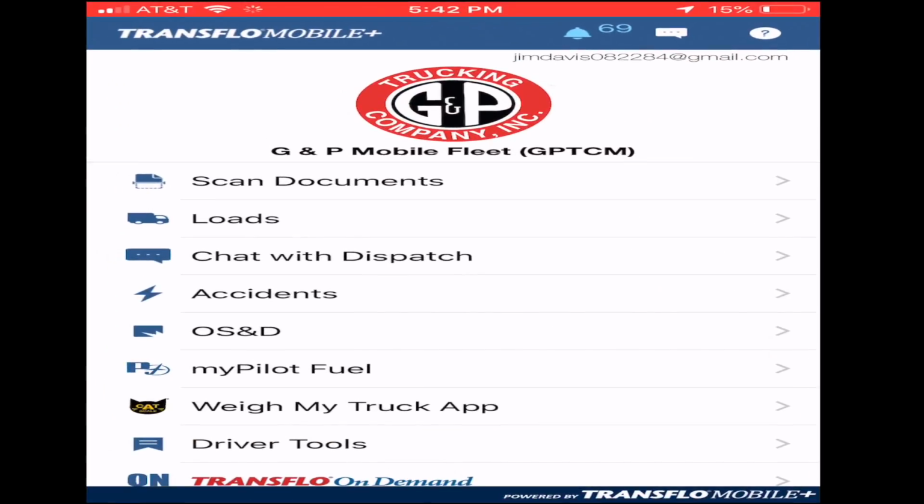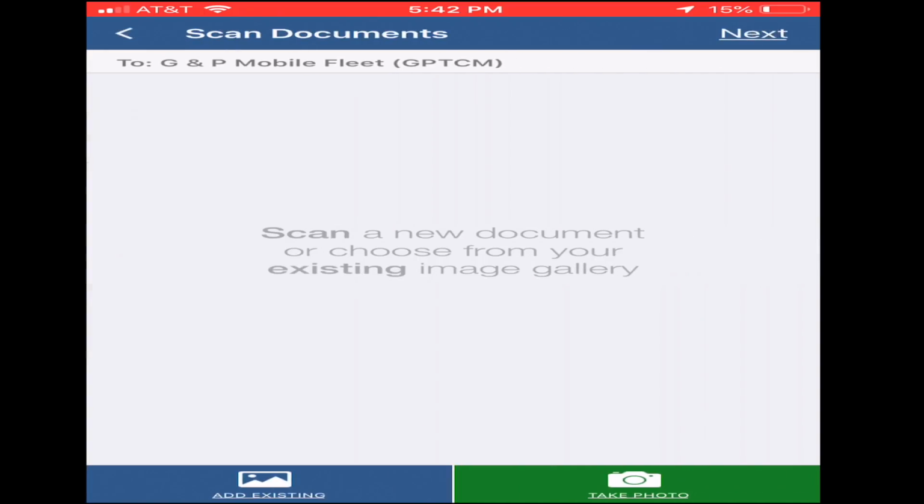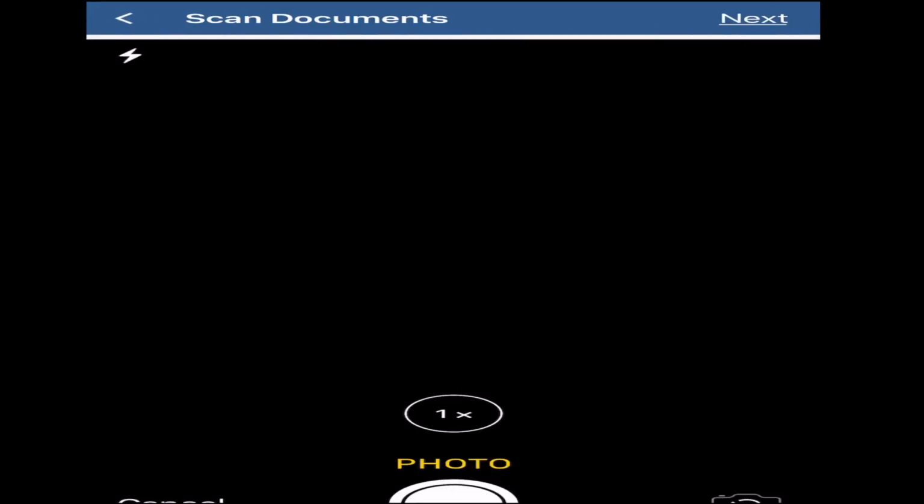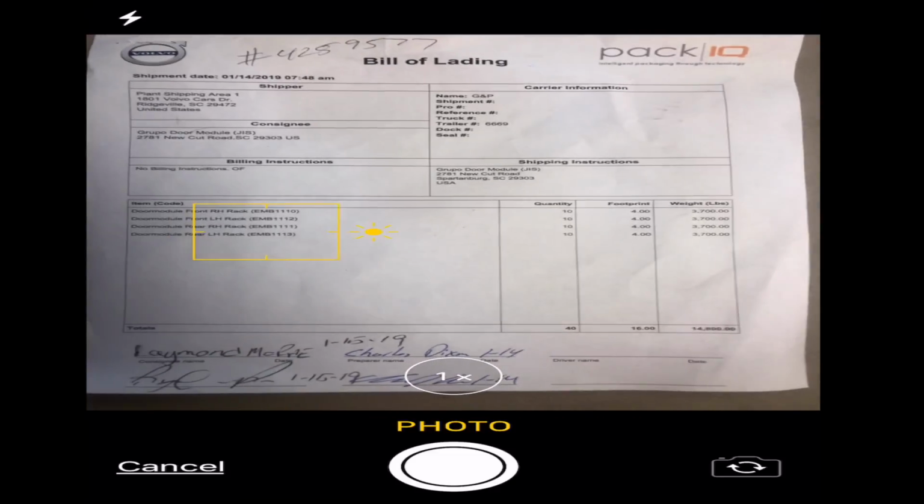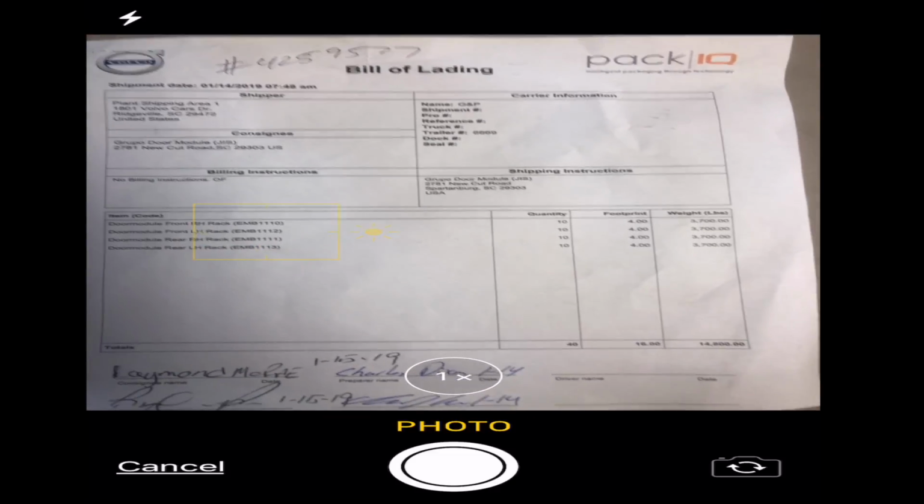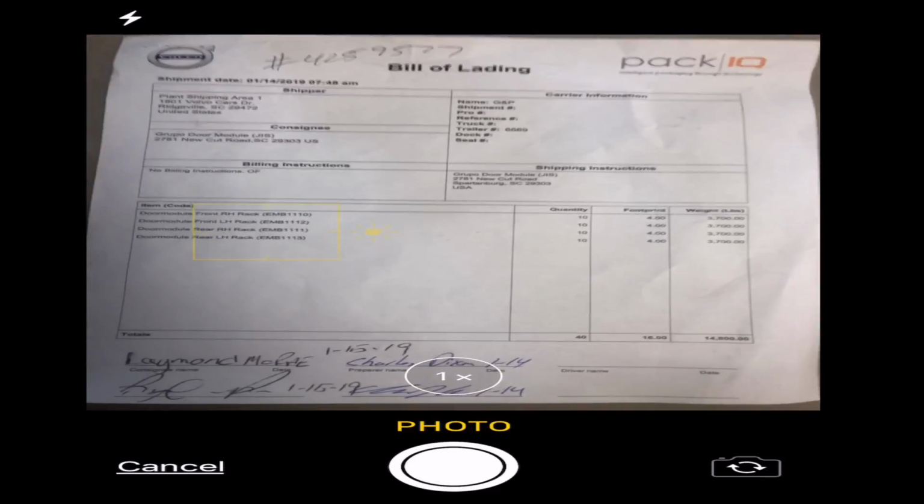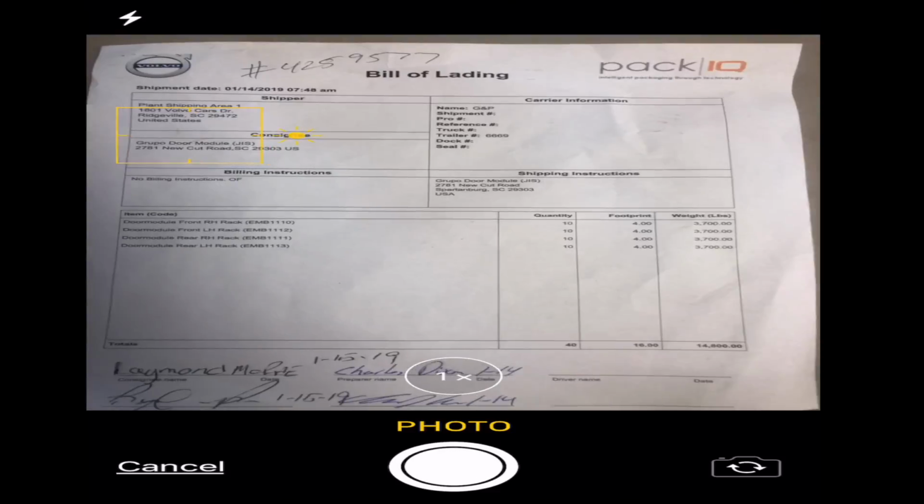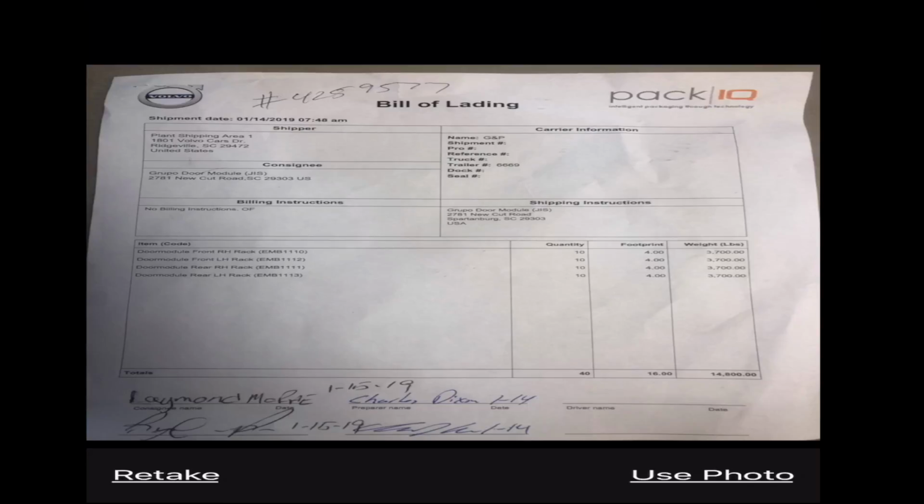Okay, we'll open up Transflo. What you simply do is go to Scan Documents, and you'll see down here at the bottom, Take Photo. You tap that, and it's going to open up your camera. Here's the key, guys. You want to get a good, solid picture. Like right there, and let's snap it. It looks clear,